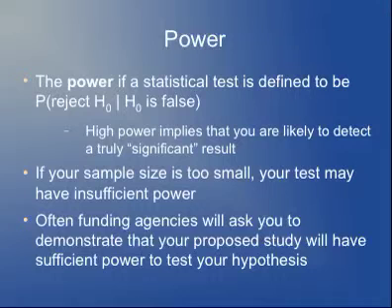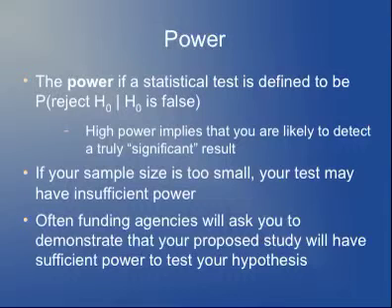The power of your test is the probability of rejecting the null hypothesis of no difference, given that there really is a difference. The drug really is more effective than the placebo. So higher power implies that you have a better probability of detecting a truly significant result. And if you don't have a large enough sample size, your test won't have enough